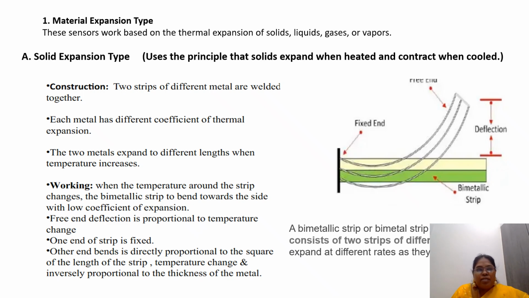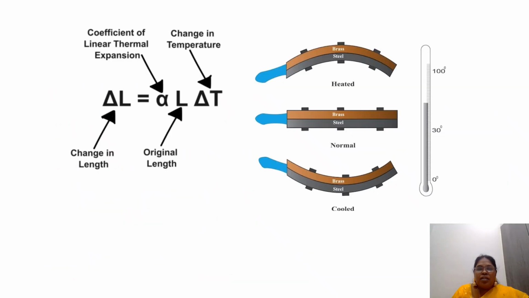So this is the material expansion type in solid case. And next one is, when the temperature changes, what will happen? Automatically the length changes, right? So the change in the length is given by alpha L into del T, where alpha is the coefficient,